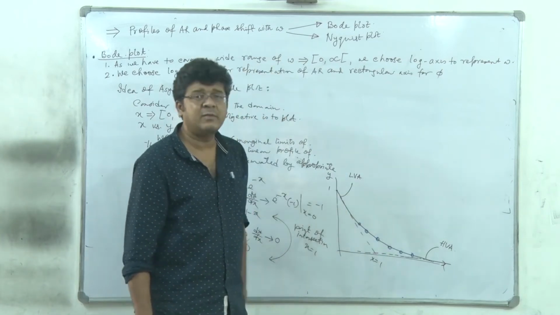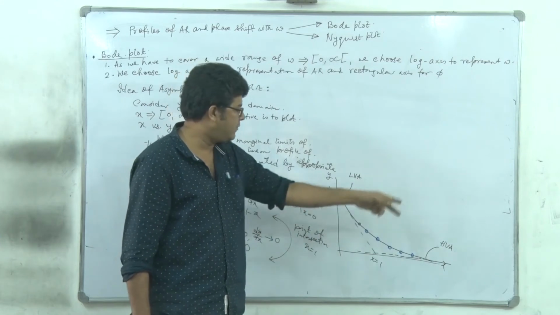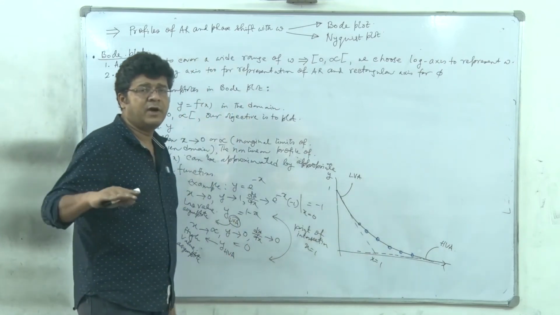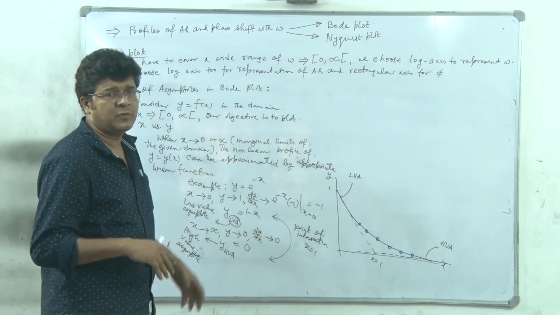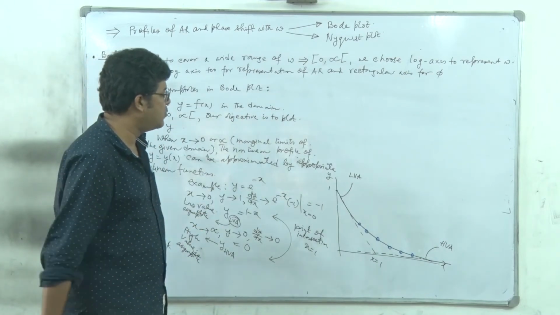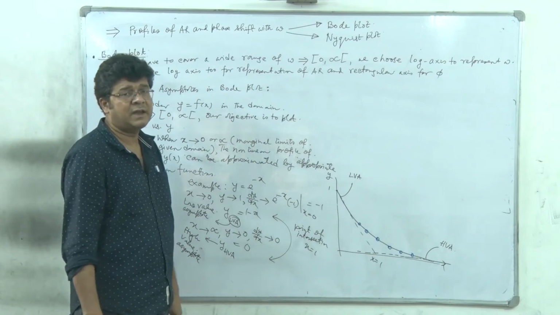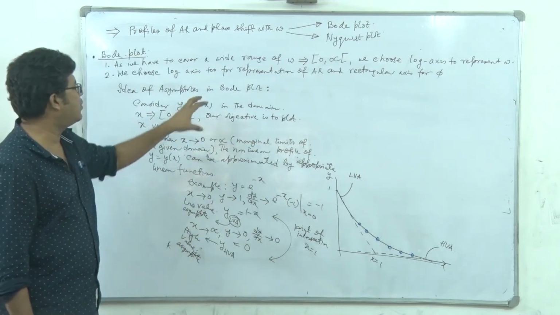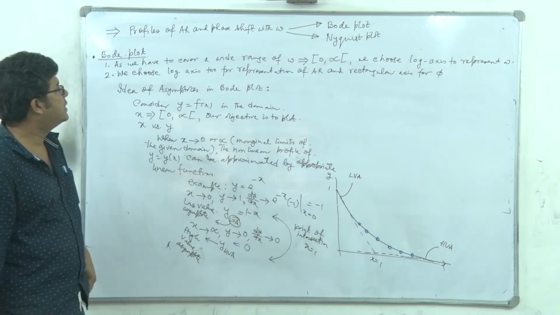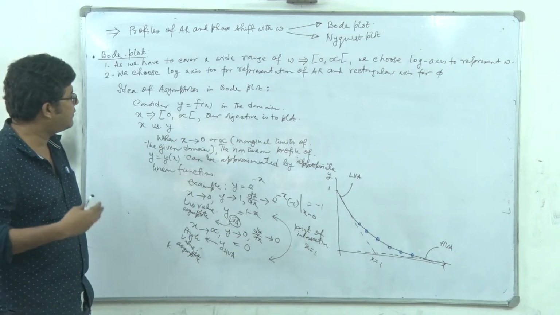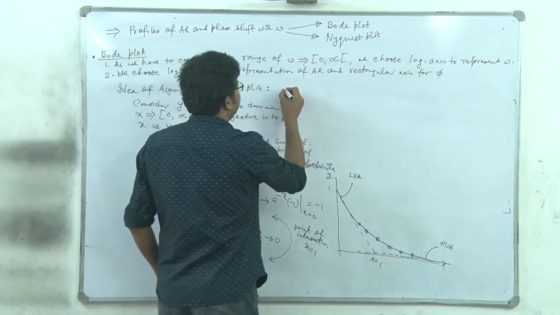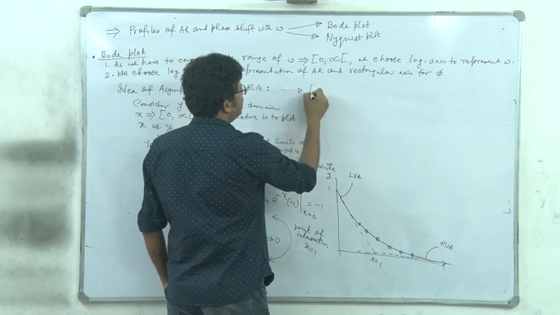So we'll evaluate some of the data points in the neighborhood, and from there, if we trace the curve, we can actually go for manual plotting of this profile without a lot of numerical experiment, which means finding y for a given value of x. So the same technique we are going to apply to construct the plot of amplitude ratio with omega, right? So let's think of a first order system.